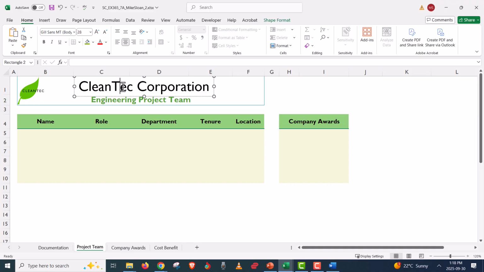So WordArt, as a rule, in either Microsoft Word or PowerPoint, which uses tons of this because of all the object-based stuff in the slides, a lot of those are all text boxes. They're not technically WordArt unless you're using WordArt. This here is WordArt because you generally want it to cover multiple cells, which this is technically doing because